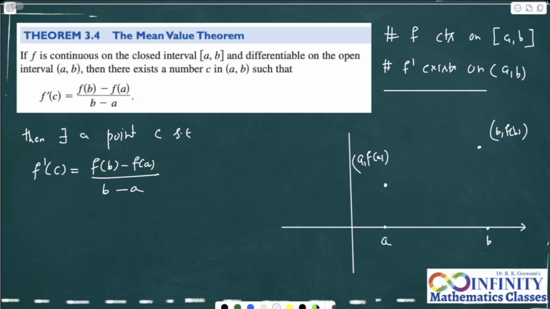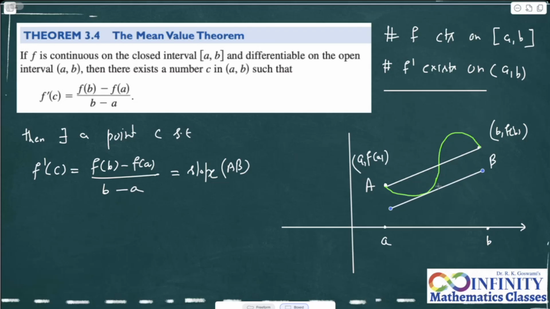And you need to join them by any curve, which should be differentiable or continuous. Let me just use this kind of curve. So if you consider the points A and B and you join them by AB, you rightly pointed out this right hand side is going to be the slope of line AB. Okay, so what you need, you just copy this, paste somewhere,